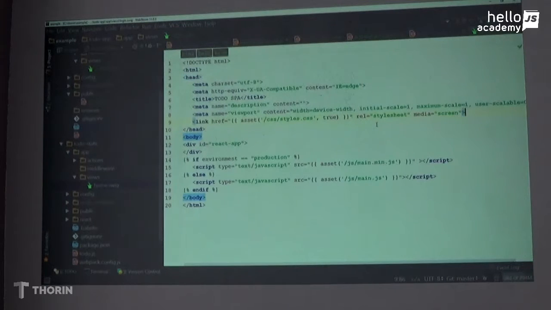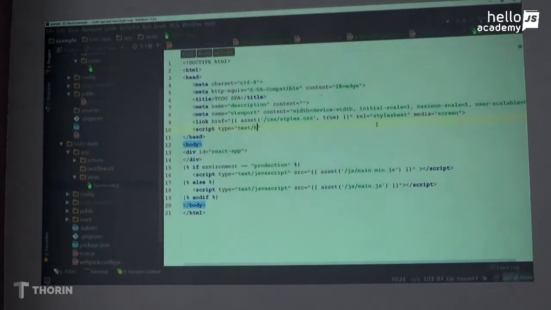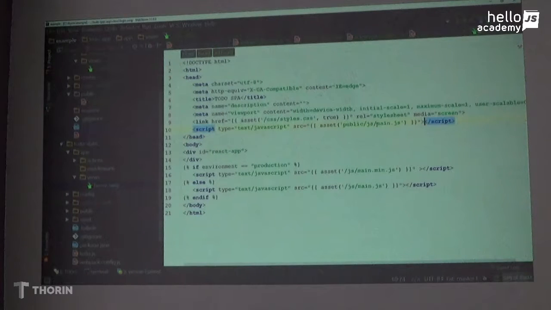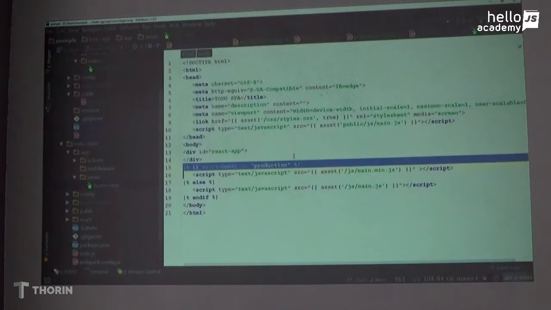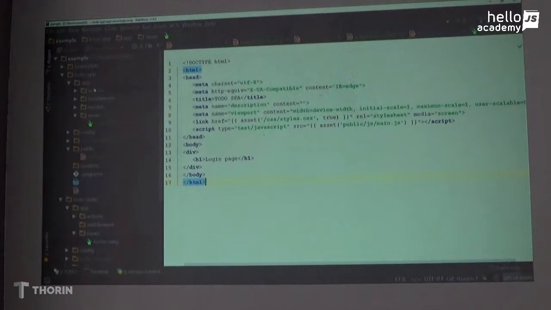We're just going to include public/js/main.js, and right here. This should have been a React application, but we're just going to use it as a normal server-side rendered app. So this is our actual login page,